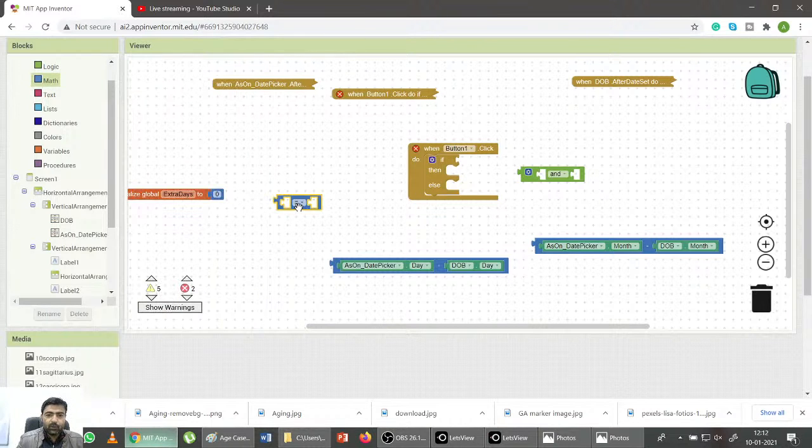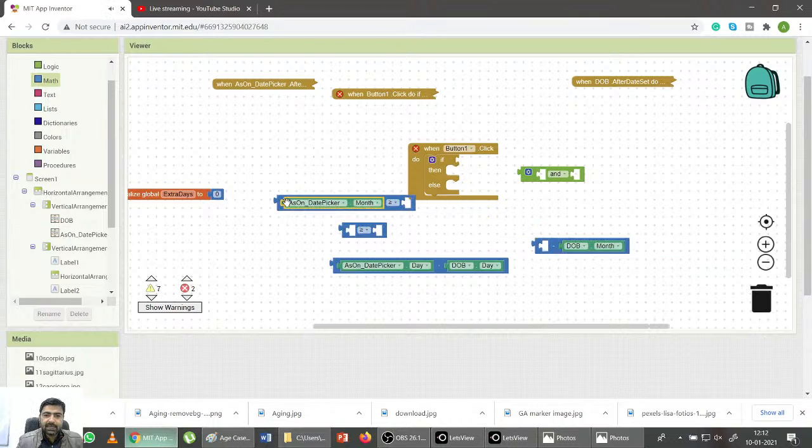So we are comparing this for greater than or equals to. Again, we'll take one more. Now it's okay. If month is greater than or equals to the month of date of birth,